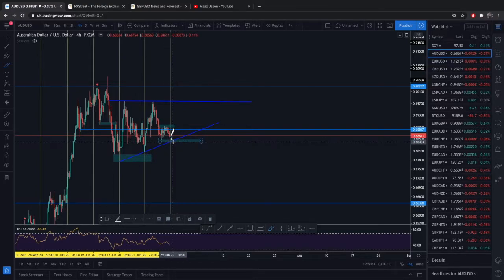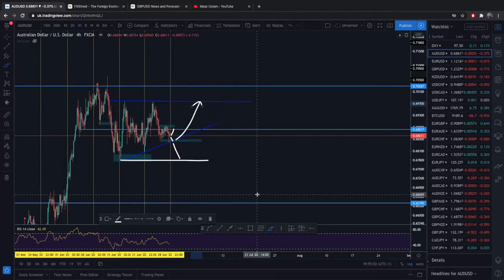If this trend line gets broken, then we can see the price venture out to this area here. If this trend line does not get broken, and all of a sudden we see investors and these rumors being squashed for the second wave, then we can see the AUD rising towards this level and testing this area once again by the end of the week.